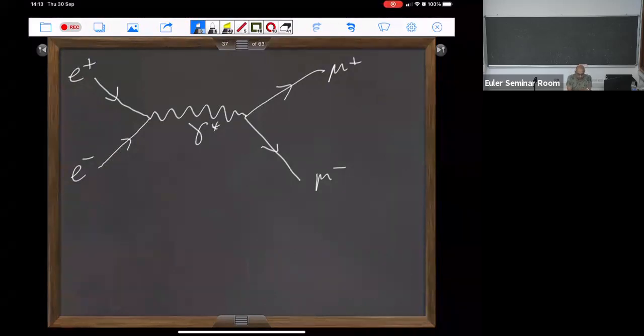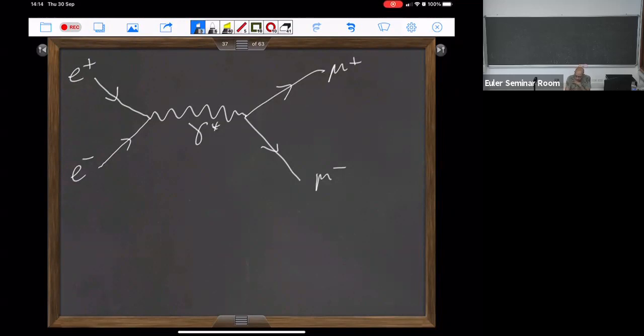And then one wants to use the standard model to calculate the probability of producing, say, in this case, a muon and an anti-muon, but one was also looking for the Higgs boson at LEP. So whatever the final state one is interested in, one uses the standard model to calculate the probability given, say, 10 million e+ e- scattering events. How many mu+ mu- pairs will I produce with a given energy and momentum distribution, for example? That's the kind of thing one calculates and then tries to compare with actual measurements,